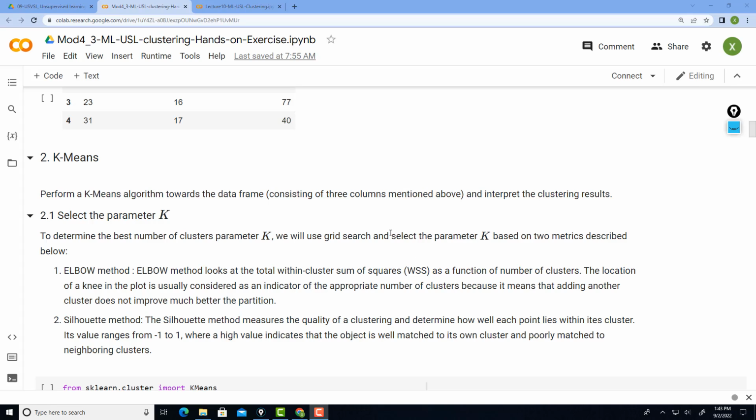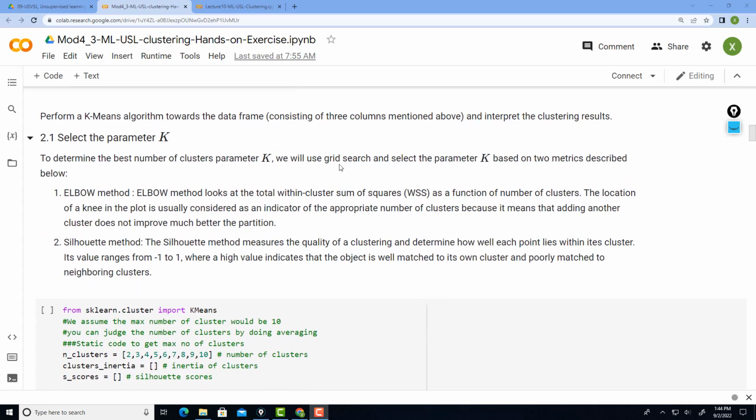The reason we need to talk about this hands-on exercise is because we mentioned that for k-means clustering and Gaussian mixture models, you have to predefine the so-called hyperparameter k. But often in practice, you don't know what's actually a good k to use. In this specific hands-on exercise, we are going to introduce two model selection methods for k-means clustering. For Gaussian mixture models, you can do essentially the same thing.